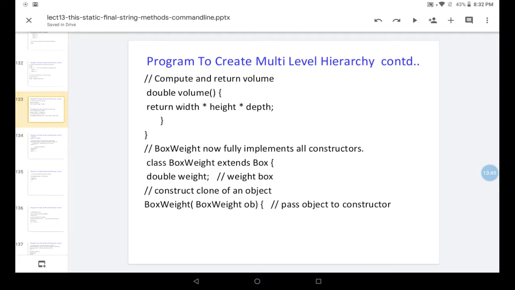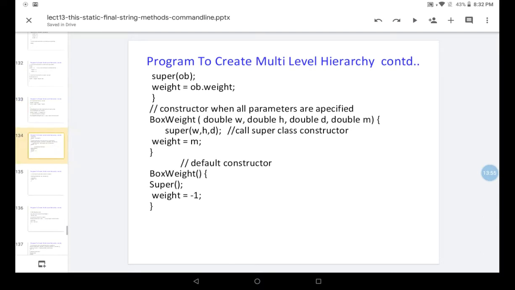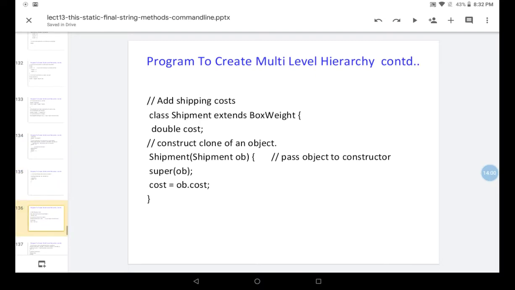So now BoxWeight has the initializations of all the variables: width, height, depth, weight. Now we are calling that constructor here, and the only extra we need to initialize is the cost instance variable. So for that we are assigning this object's cost to the cost instance variable.